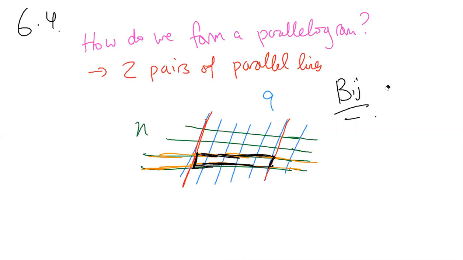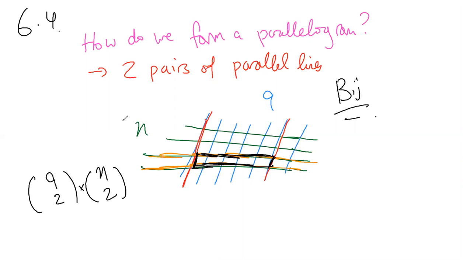And so the key about this question is to first think about how I can put it into math. To do that, you want to think about how we use our existing information to be able to express it mathematically. And here we know how to express these mathematically, right? How many ways are there to choose 2 lines from 9? Well, 9 choose 2, we have a notation for that. And how many ways are there to choose 2 from n? N choose 2. And these choices are independent,